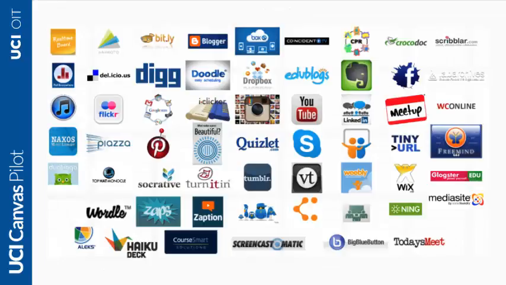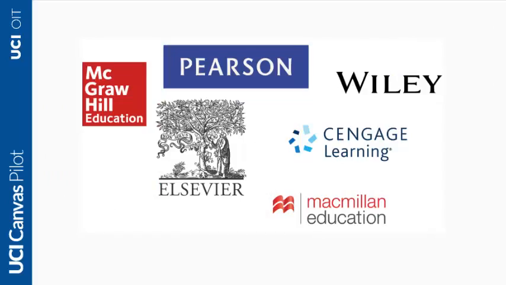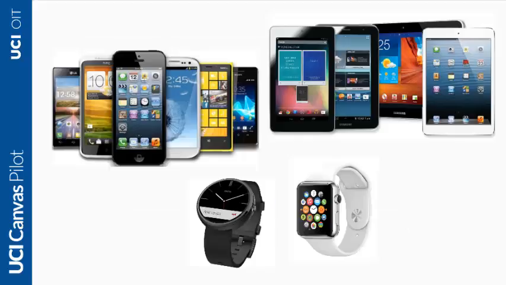One area of rapid change is in third-party tools. New third-party tools are coming out every week. Many are niche products that are often free or nearly free to use, and some are built to exchange data with popular commercial learning management systems. There has been a great proliferation in digital content, including publisher content like quiz banks and interactive activities that are often built to integrate into commercial systems. And it's no longer all about the desktop. Tools and modes of delivery must work well not only on desktop and laptop computers, but on mobile devices, which